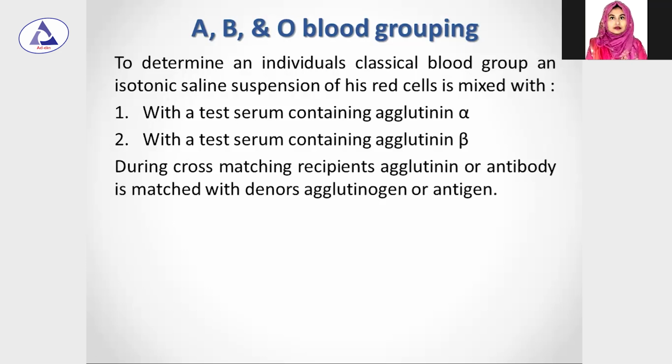During cross matching, recipient's agglutinin or antibody is matched with donor's agglutinogen or antigen. During cross matching, এই আগের portion যেটুকু আমরা আলোচনা করলাম এটুকু হচ্ছে for grouping এ আমরা কি করি, sample নিচ্ছি একটা person, তার sample এর মধ্যে তার blood, তার RBC এর মধ্যে কি আছে, antigen আছে, তার সাথে আমরা test serum এর মধ্যে antibody বা agglutinin নিচ্ছি,